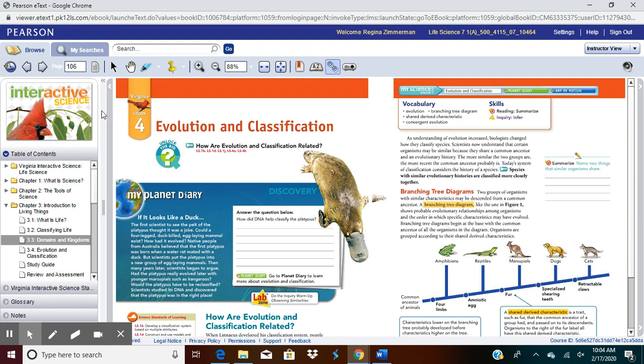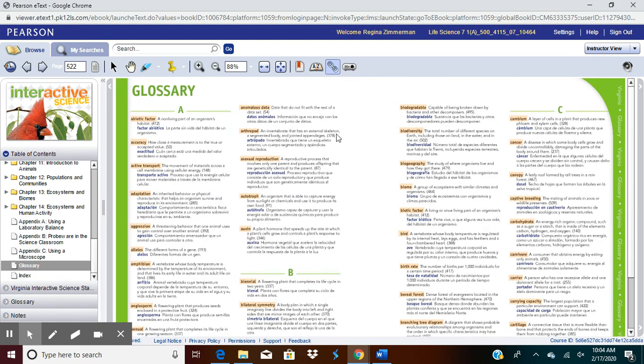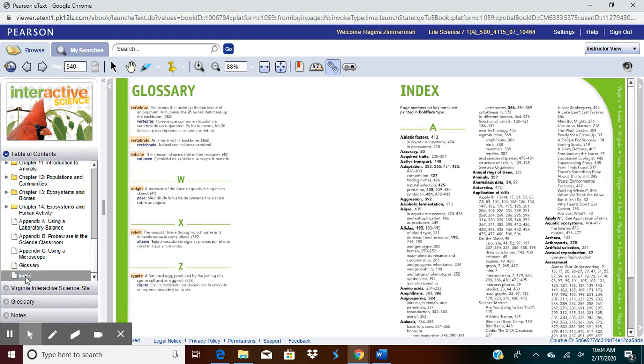Another one that I noticed I had a lot of questions about was finding the glossary. So if you scroll down, the glossary is actually located right here. And you can find any word that's in the normal book in this glossary. You can also go down to index. So if you're looking for a specific word that is not in the